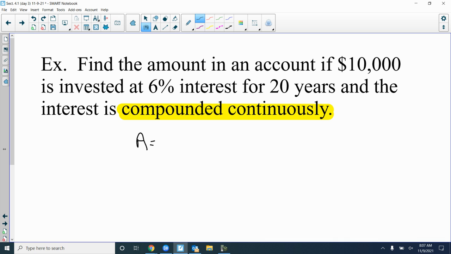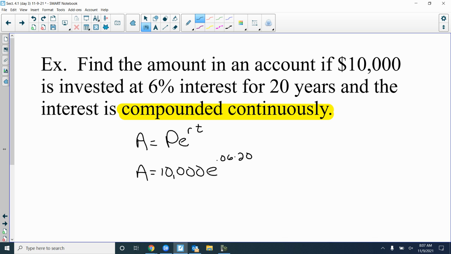At this point, we can use our PERT formula: A equals P, principal, times e, Euler's number, to the rt power. And so the amount will equal 10,000 e to the